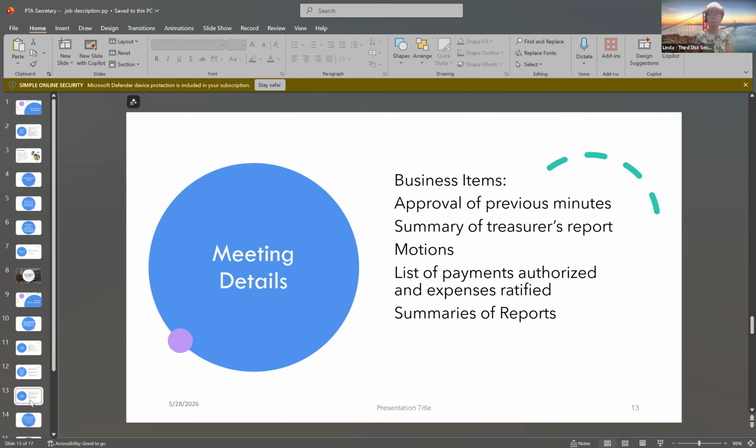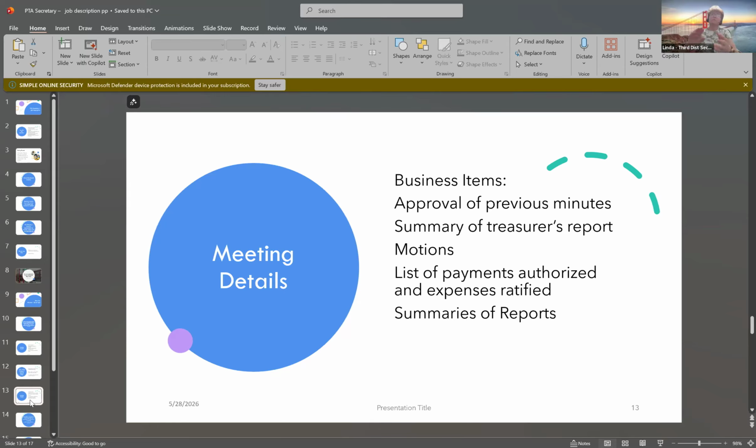Back to the treasurer's report, the list of payments authorized and the expenses that are ratified needs to be in the minutes. That means as we're going over the treasurer's report, the treasurer will say we need to authorize paying, and it's kind of twofold. A lot of times you have your budget and things are already expected payment wise. Maybe your website, maybe